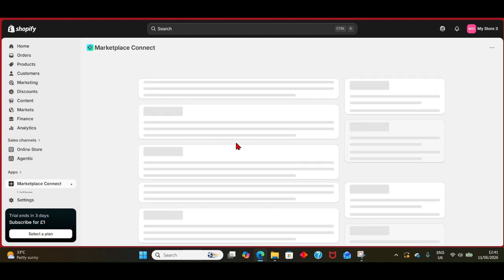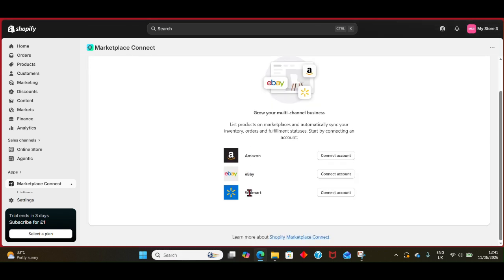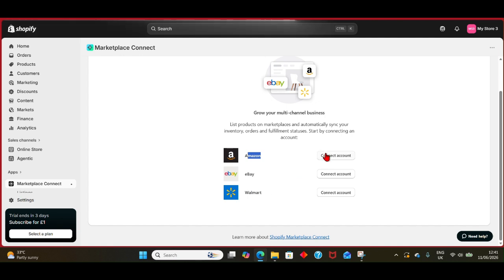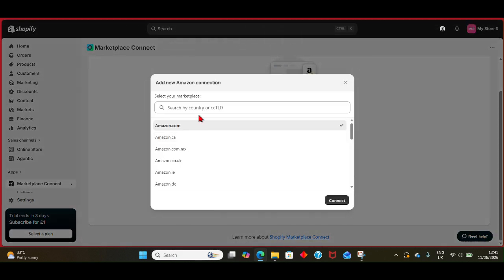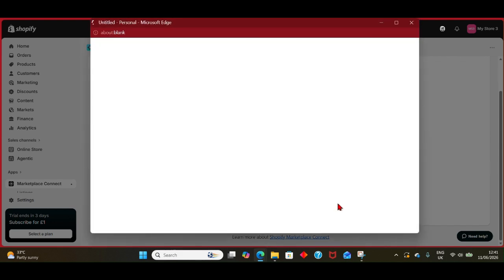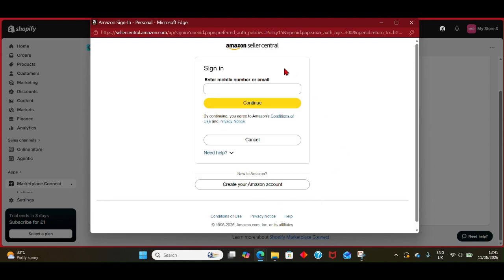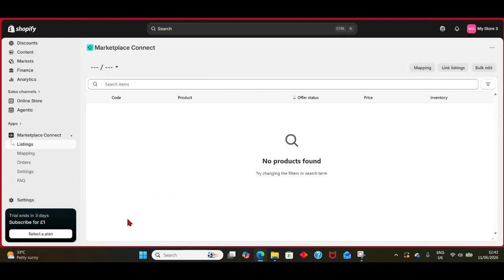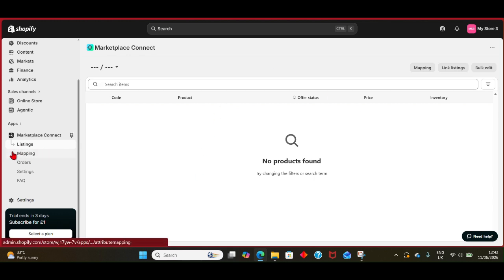And here we can connect the different apps. So as you can see, I can connect Amazon, eBay, and Walmart. So click connect account. Then you want to select a specific store that is appropriate with your specific market. Press connect. And then here we can insert our details, sign in, press continue, and that will connect the account for us, guys. Once you have connected it, you will be able to see all of your listings here underneath